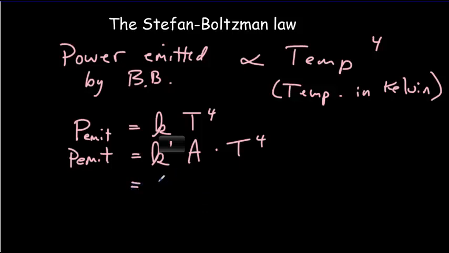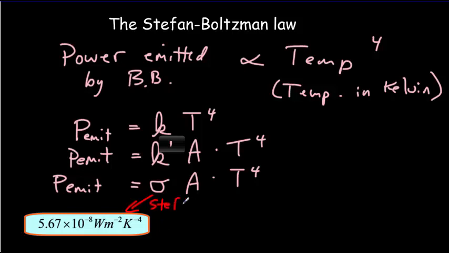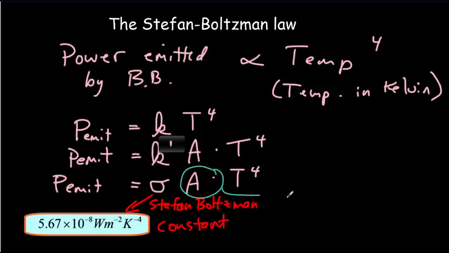This constant here gets the symbol sigma. So our emitted power will be equal to sigma A T to the 4th. Sigma is called the Stefan Boltzmann constant, and it has a value of 5.67 times 10 to the minus 8. So that's the Stefan Boltzmann constant. This A is of course the surface area,